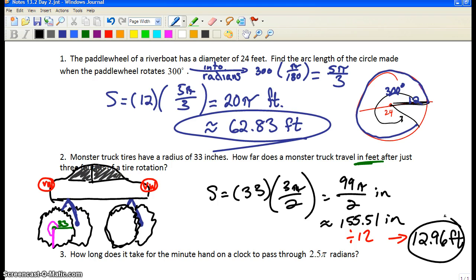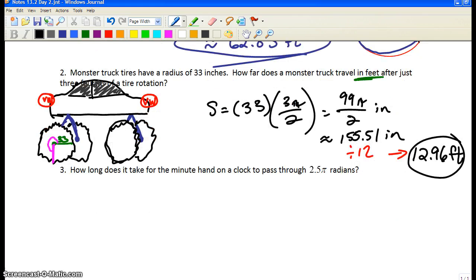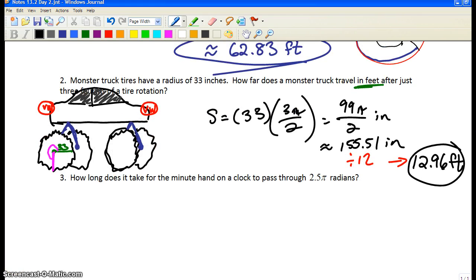It's kind of a little bit different. You actually don't need the formula. We're not talking about the distance traveled by the tip of the thing. So go ahead and give it a go. Read it. It's a little bit different representation. The wording on this problem talks about passing through 2.5 pi radians. That's the amount of rotation, right? If that's an angle measure, that's the same as rotation. So like if you have a clock,